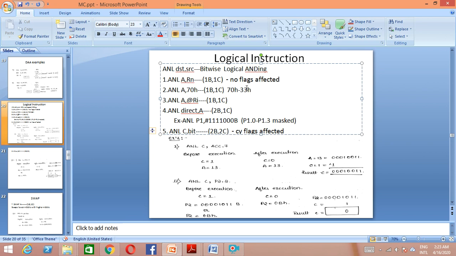So 00 is ANDed with 33, and obviously 33 AND 00 is 00. So the accumulator content will be 00 only. Like this, the operation will be performed. Again, no flags are affected.